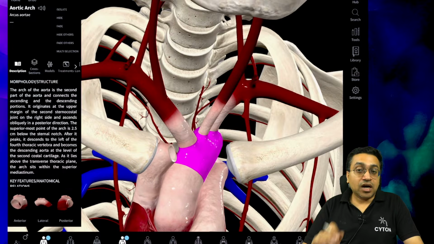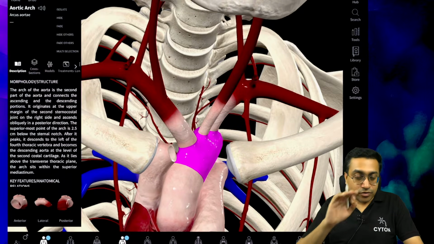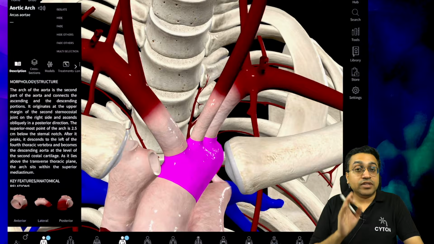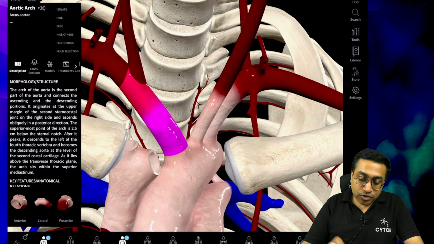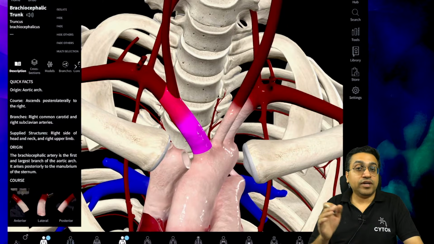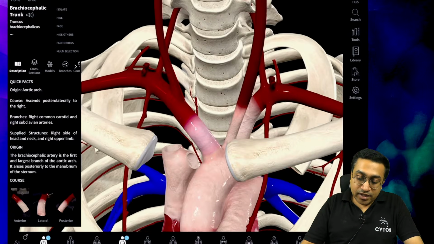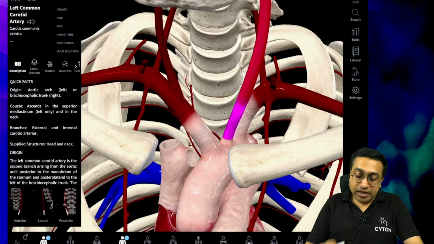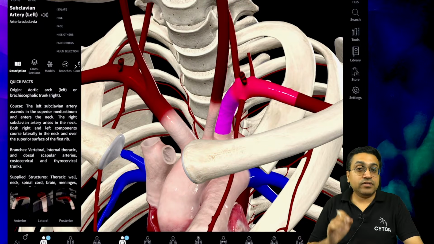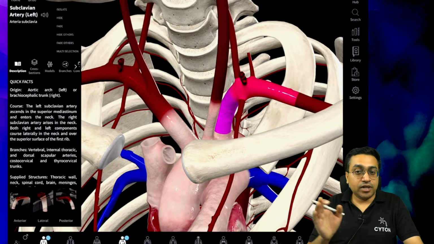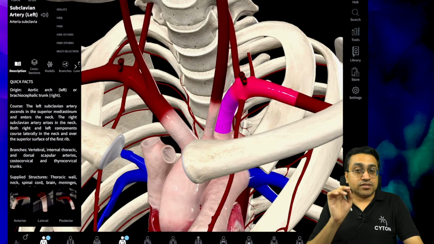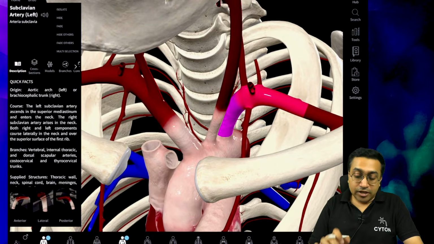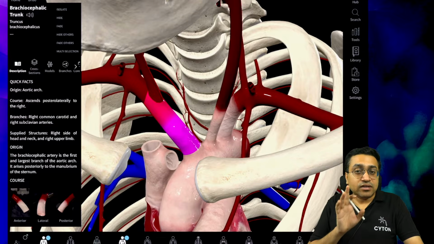Now you see this is the arch of aorta. Okay, the arch, which will be discussed multiple times to you in various classes. So arch of aorta, you can see giving off three main branches. All right, so the first one which you can see here, that is the brachiocephalic trunk on the right side. Okay, and then in the middle you have this left common carotid artery. Okay, and then on the left side you have this subclavian artery, which is again left subclavian artery. So the subclavian and common carotid, these are directly coming from the arch of aorta on the left side, whereas on the right we have only brachiocephalic trunk.